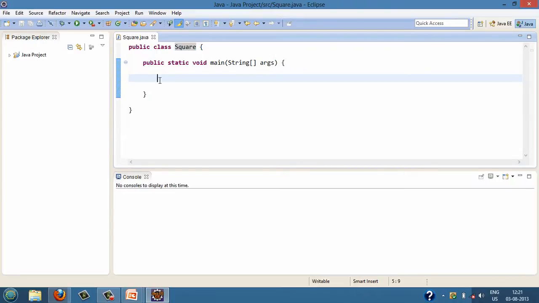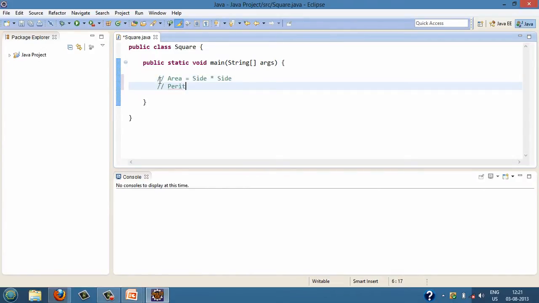So friends, if we look into the formula for area of square, we see that the area of square is side into side.